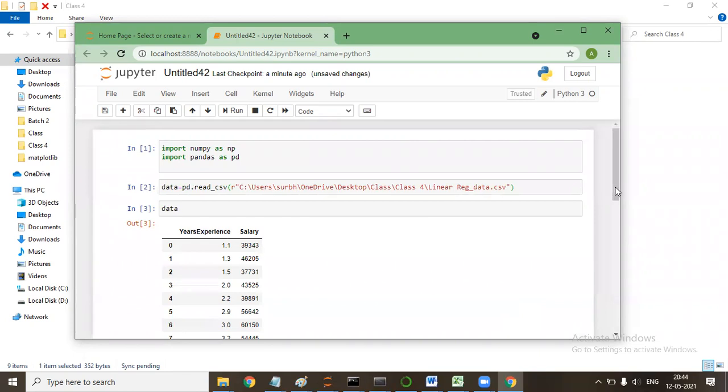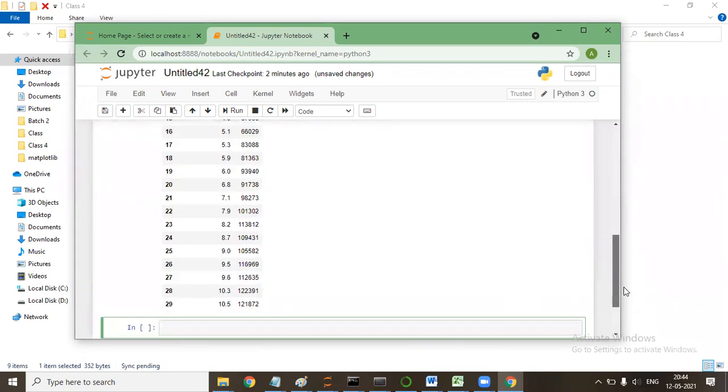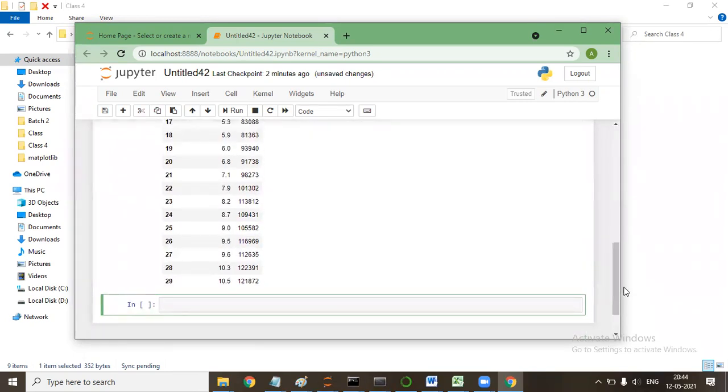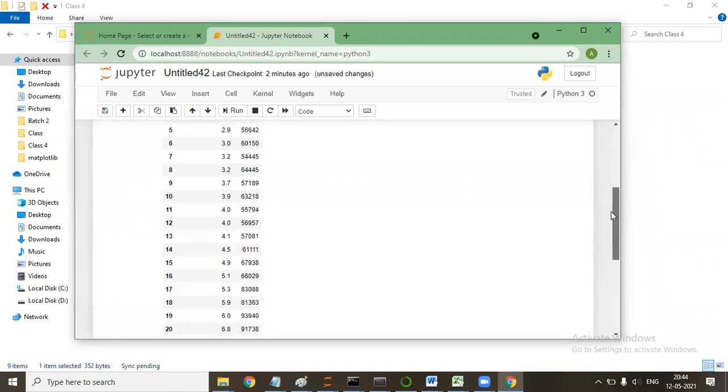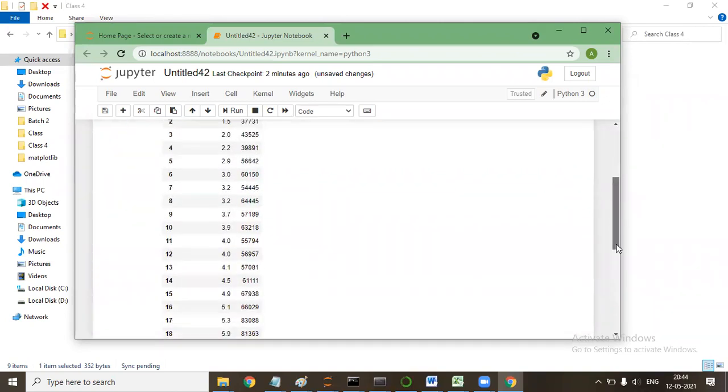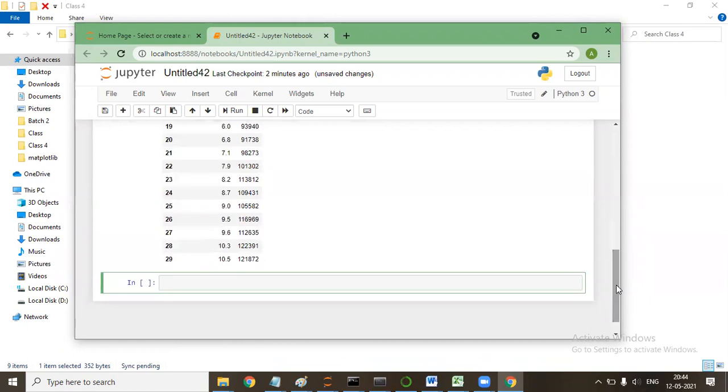I can play with this data. I can select the respective column, respective row, or whatever we want. But we will cover the things in detail when we go deeper into the subsequent analysis and other algorithms. Today I'll be telling you how it is executed in Python. So here I have two values, and I can simply say data dot head.